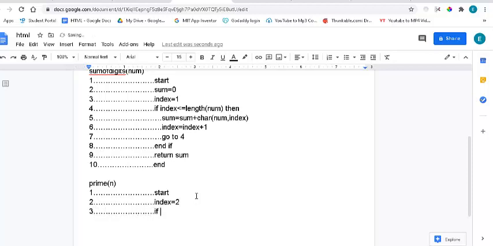So we are going to say if index is less than or equal. Remember, we are going to go until 1 less than the number. So less than or equal to num minus 1. Then